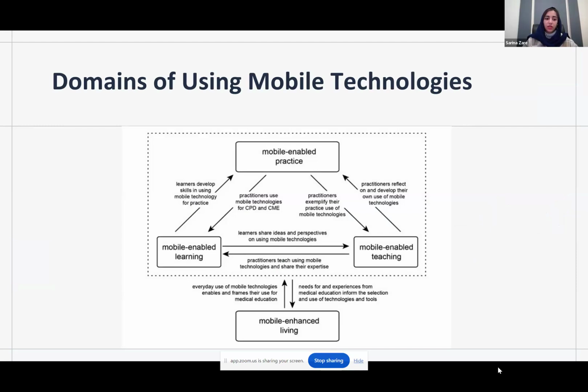And these 4 domains are really interconnected and interdependent. The devices that we use and their functions can differ in every part and every domain, but we also have common uses of our devices in these domains. And it's important that the line between the use of mobile technologies in medical practice